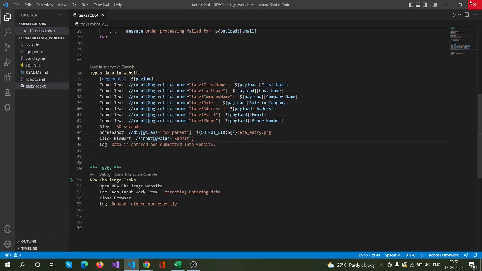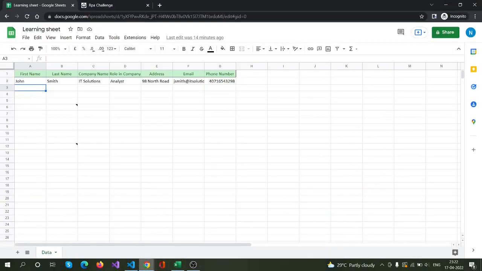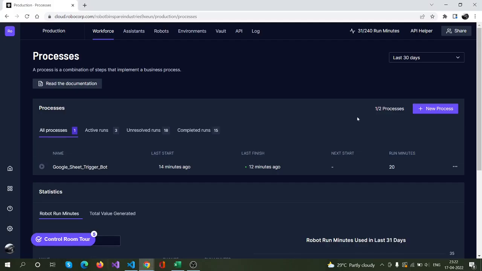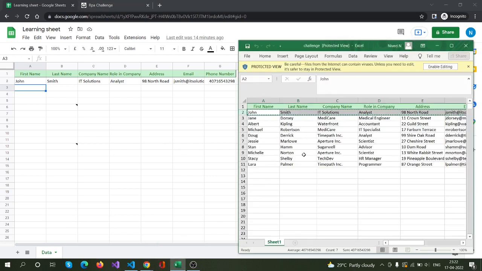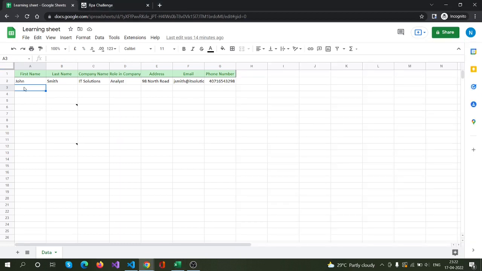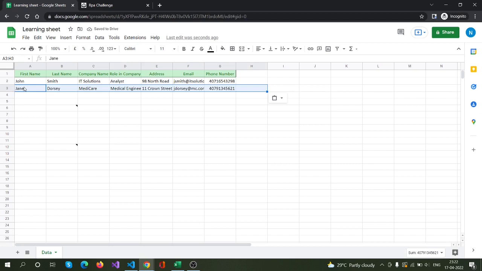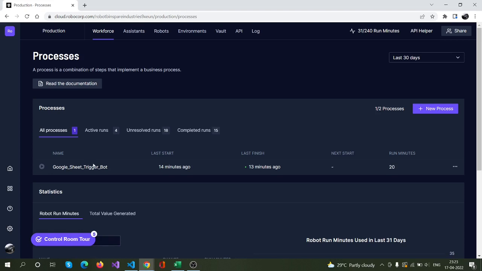I had created the process here, so you can see I have already created the process. Let's just run this process to see how it actually works. So this is the Google Sheet. What I will be doing here is taking the second row, because I have already added the first row. So let me take the second row, paste it here, save it. Now you can see, if you go to the Robocorp control room,